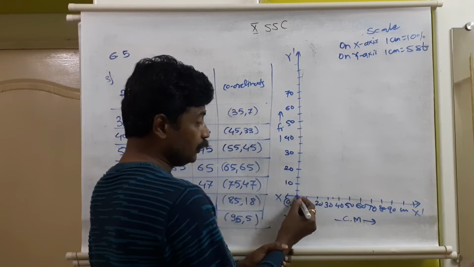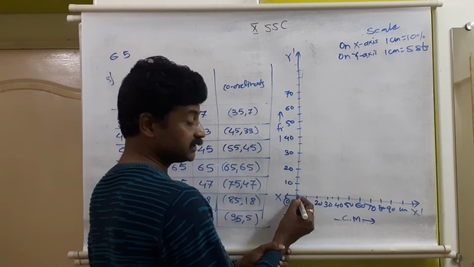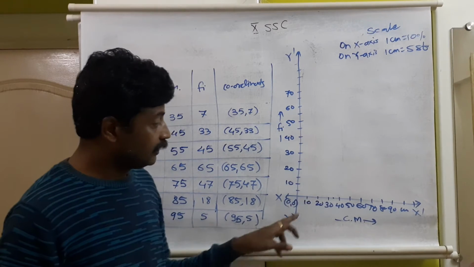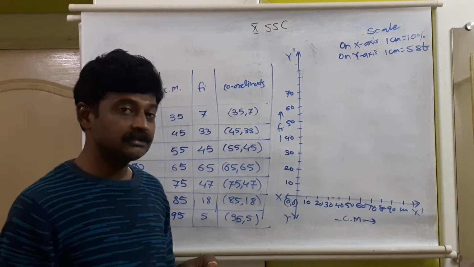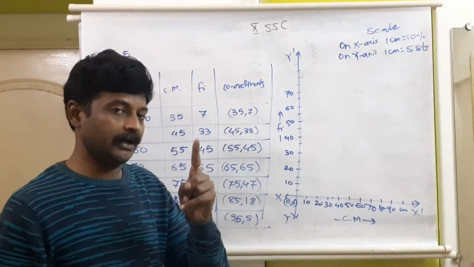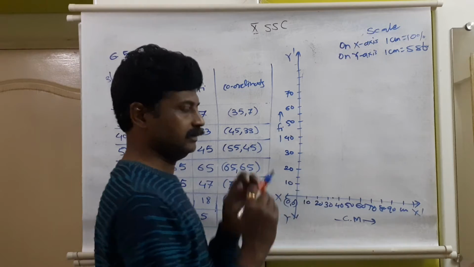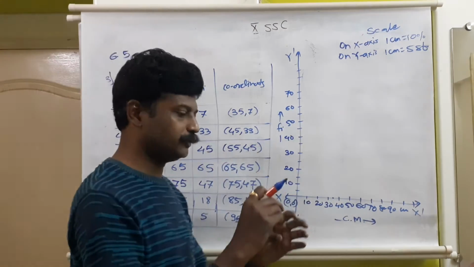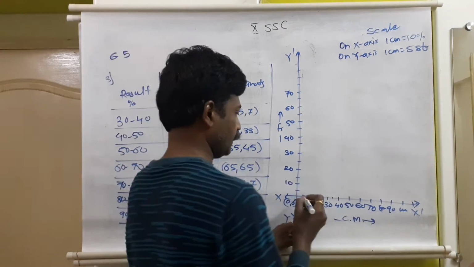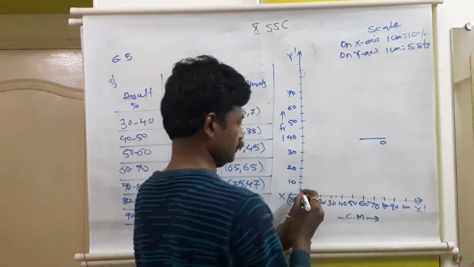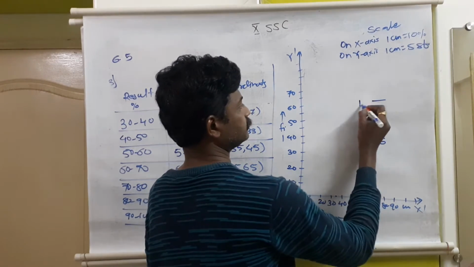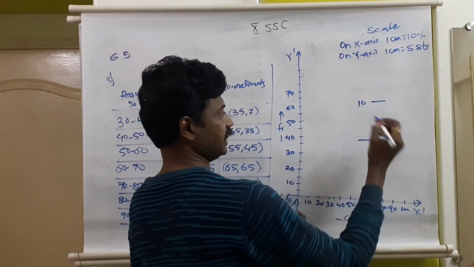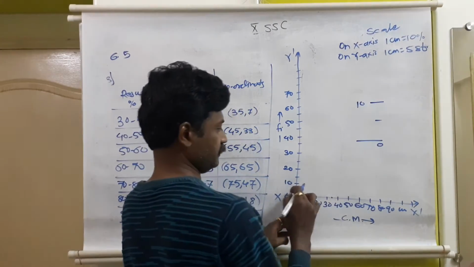Now in this, how many small lines are there? 9 small lines, so it is divided into 10 equal parts. The value of this is 5, which means per 2 lines the value will be 1. See, I will show you this separately. Suppose we are enlarging this portion, as if under a microscope. This is our 0, and suppose this is our 10. This portion is enlarged here. The middle is here. So this is 5.